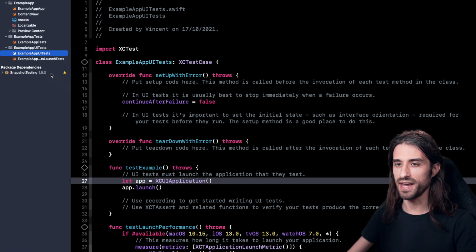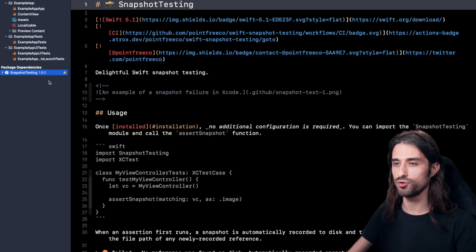As you can see in my Xcode, I have added a dependency using the Swift Package Manager. It's called SnapshotTesting, and it is a library that we're going to use in order to implement our test. A quick word about this library: it's made by the two guys who are creating the show Point-Free. Maybe you've heard about it. If you want to learn more about this library or their show, I've put all the links in the description. Now let's see how we are going to write a test by using this library.